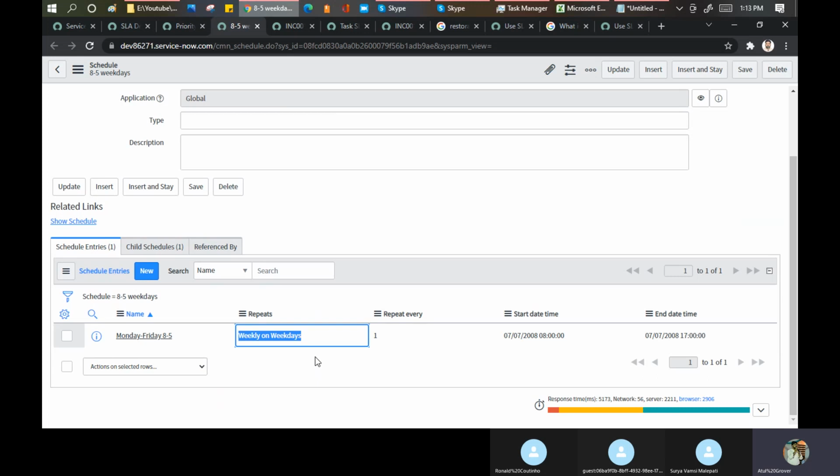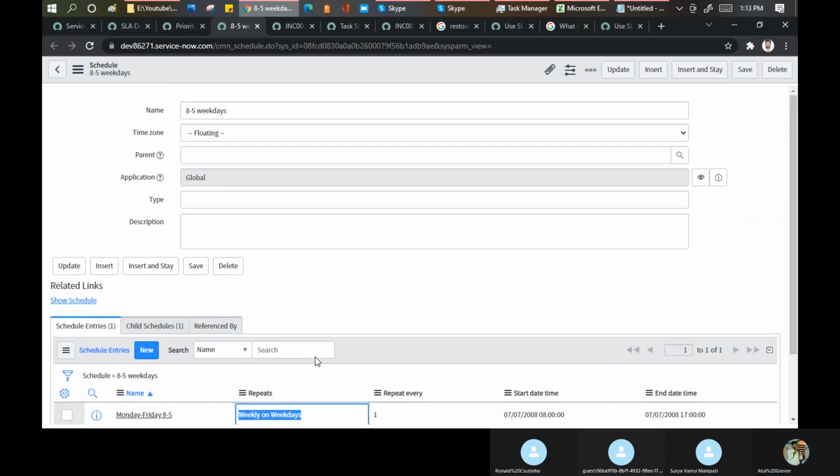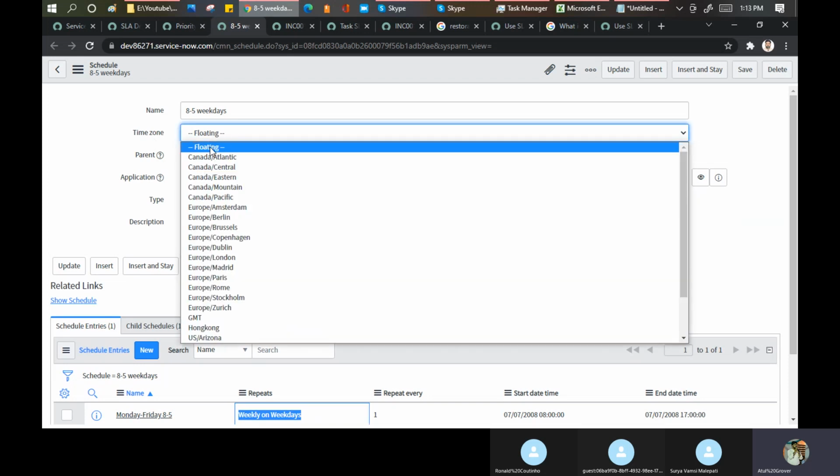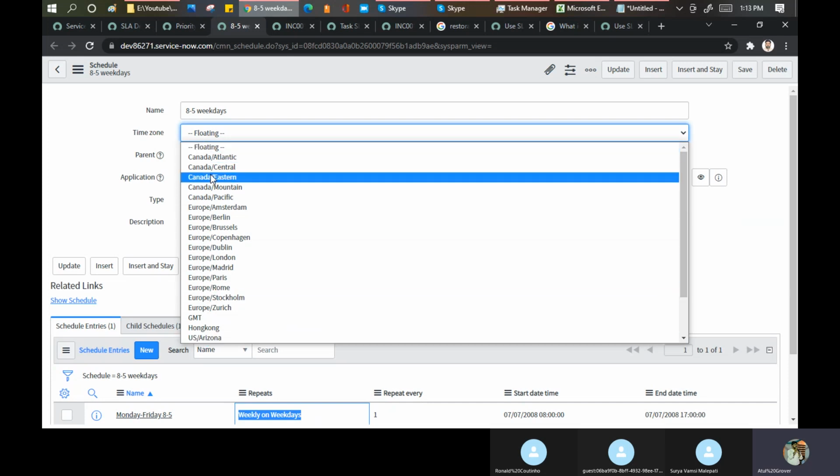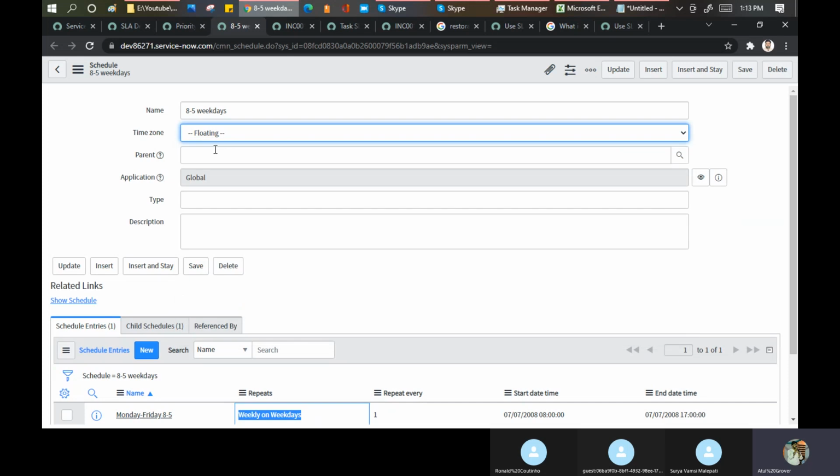Okay, got it. And the time zone can be set to none, right? Don't put none, just put floating only, so that it can pick up the time zone which is coming from the customer side. Would that be a conflict then? Because there's no option for none. At least you have to put one time zone. So we always put floating only, because you're supporting multiple customers on that side. So put it that way only. Okay, clear.